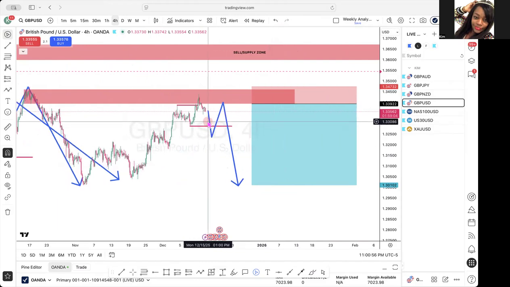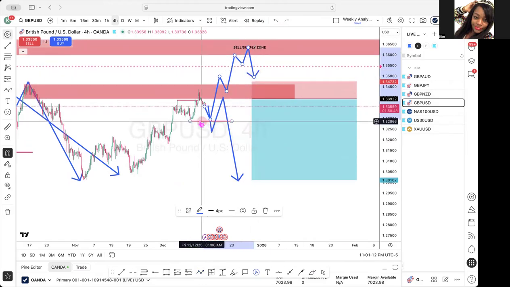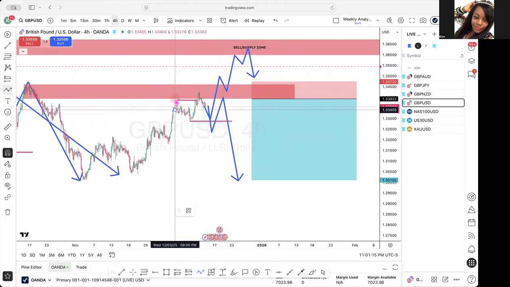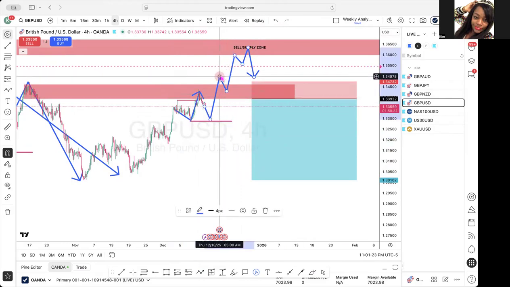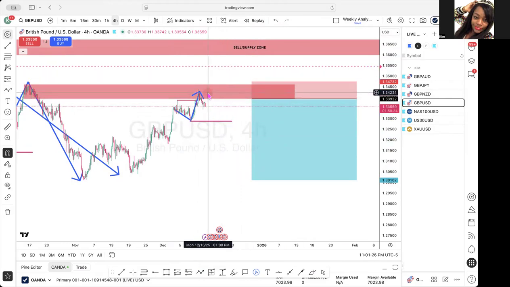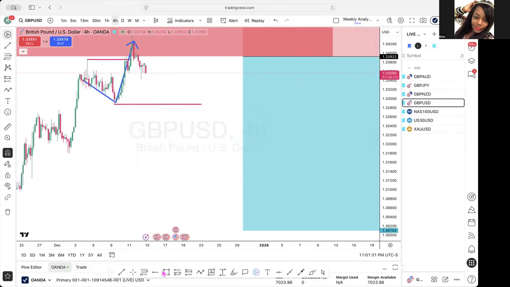If price does not close or shift structure, price could pull back, push back up to this zone before shifting structure, because price is still in this internal bullish structure. So you have to wait for price to show you what it wants to do before you get in the trade. Now, if you want to take a chance on getting in a buy,